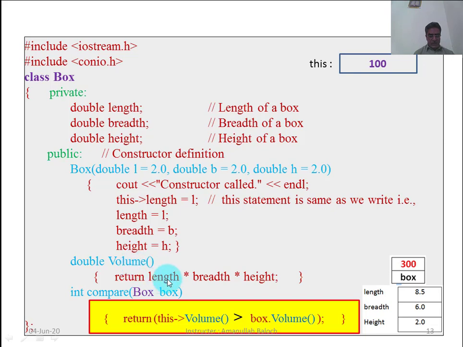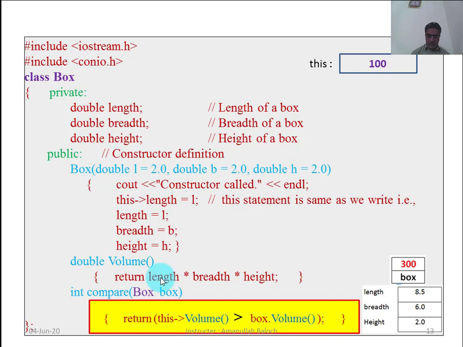The volume function has three variables without prefix, so the computer will follow the address of this pointer and access the values of length, breadth and height stored at the location of 100.